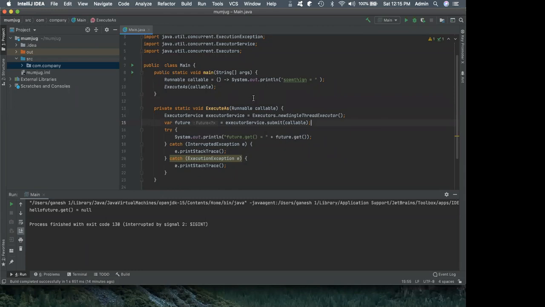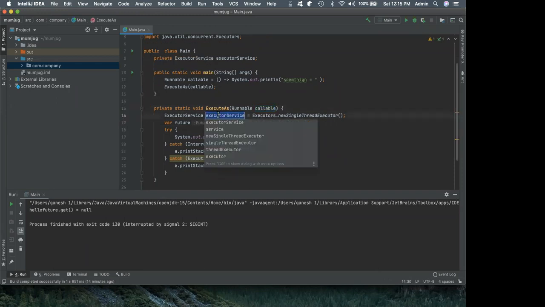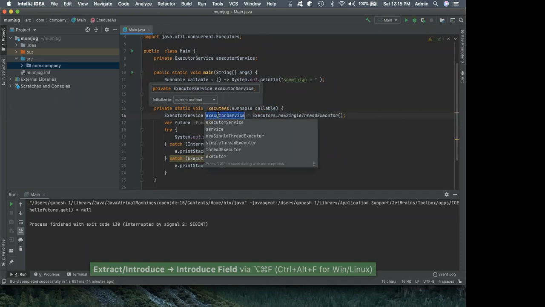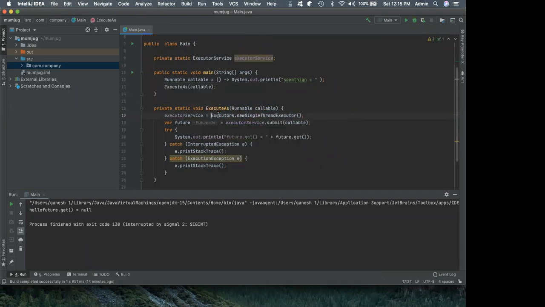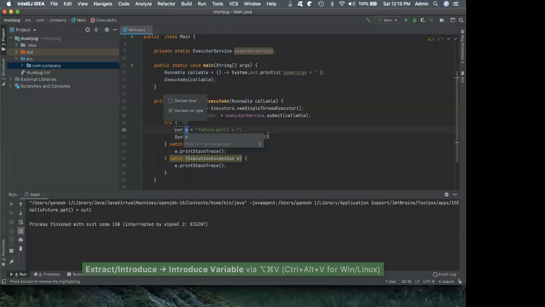Okay, how do we extract methods? How do we extract parameters? And how do we extract to fields? So fields, execute a service. Yeah, I got it as a field now, and let me extract variables. So this is a constant. Okay, let me first introduce a variable. So this is constant,